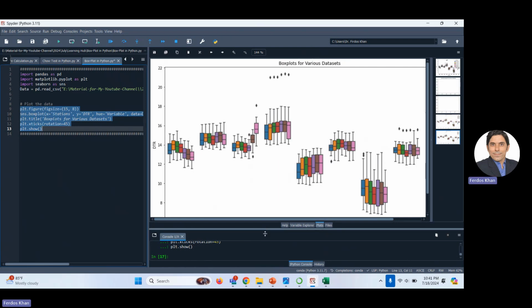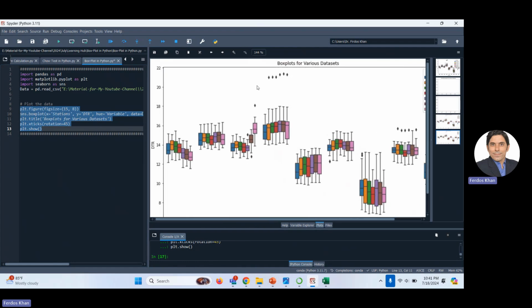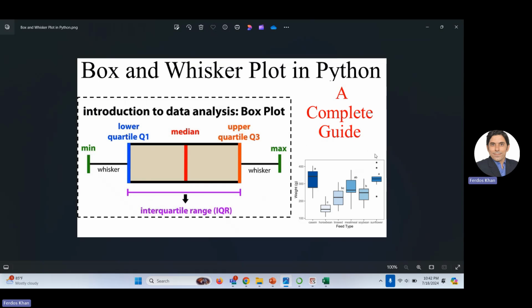I will just summarize what we have learned in this video. Okay, or like this. You can do like this. Okay, so this is now a nice plot. You can just make it a little smaller. Yeah, that's good. Okay. What we have learned in today's video is what a box plot means,